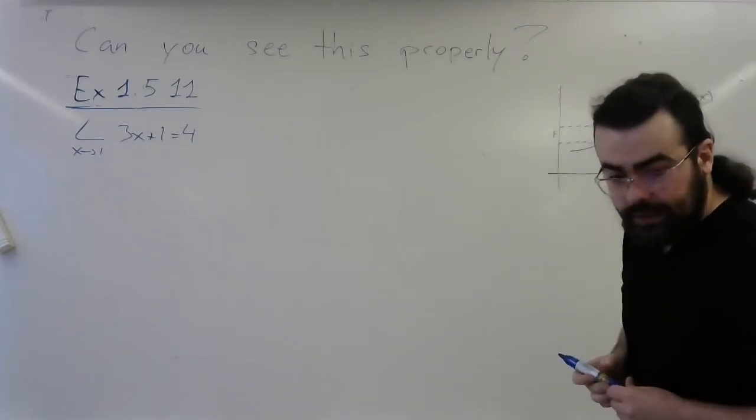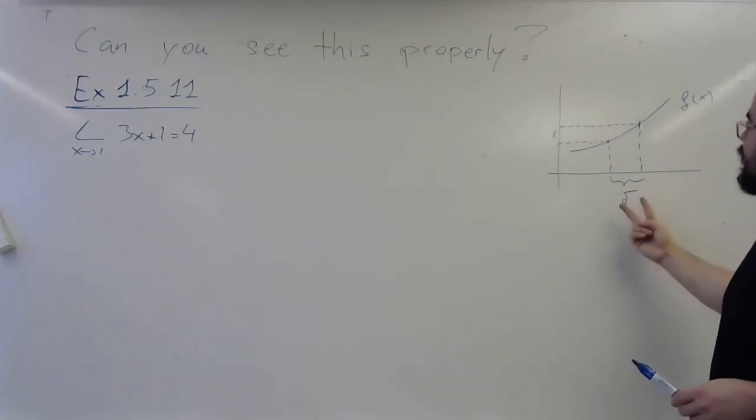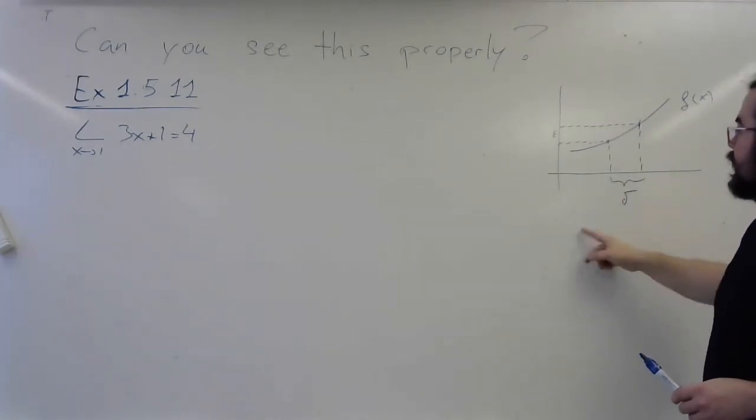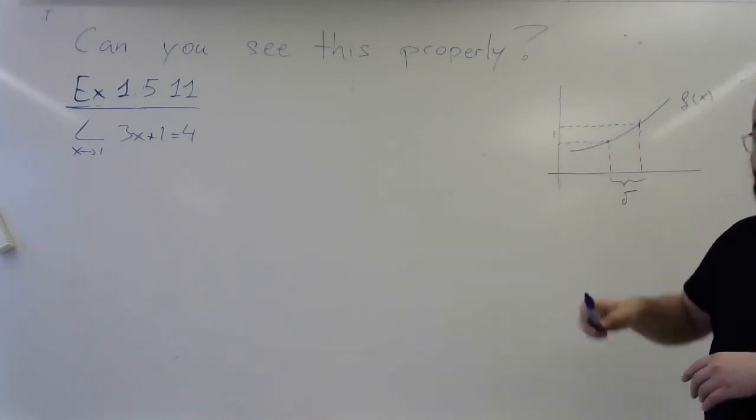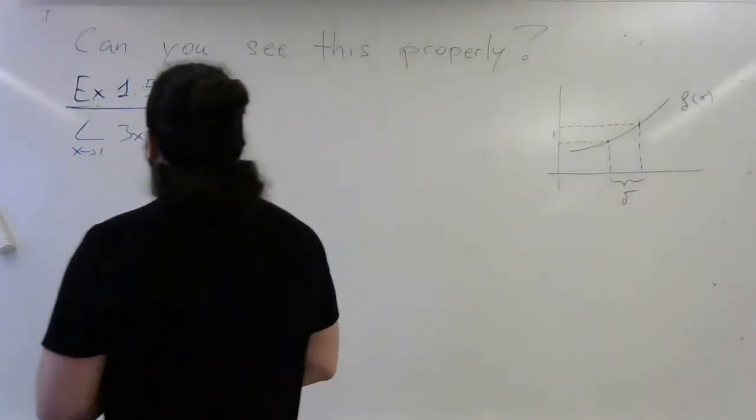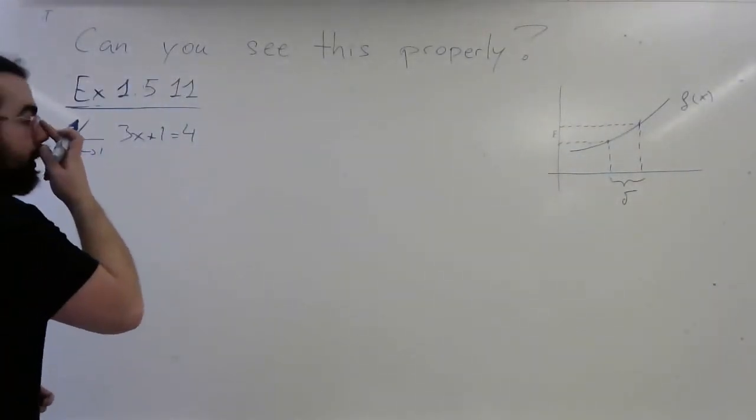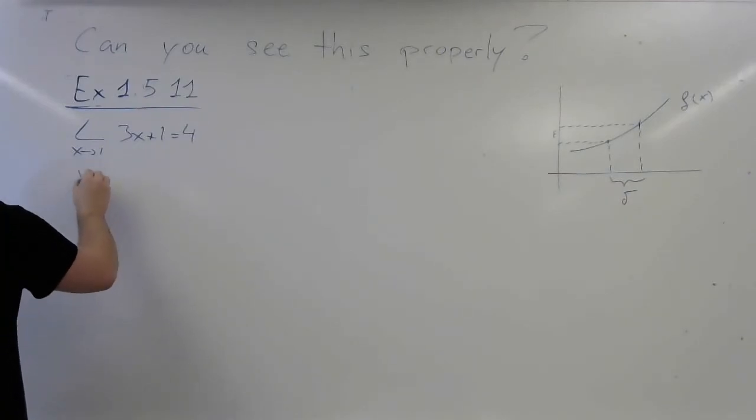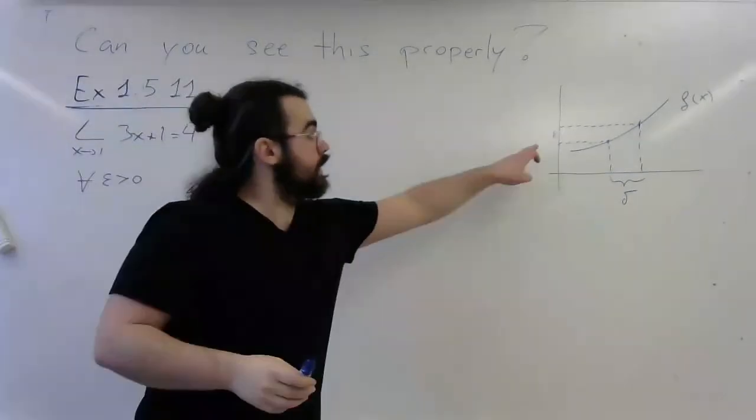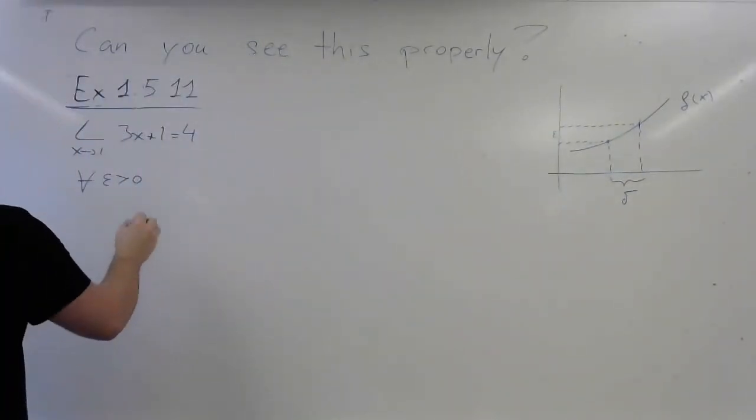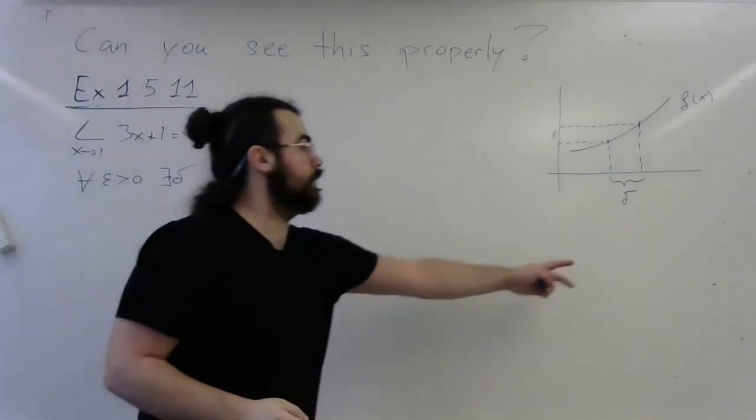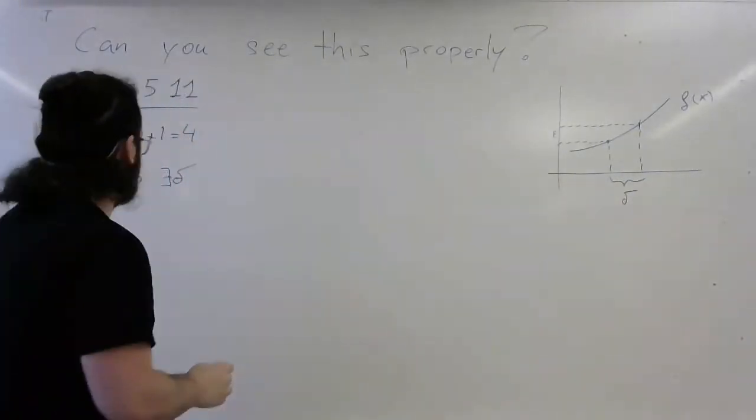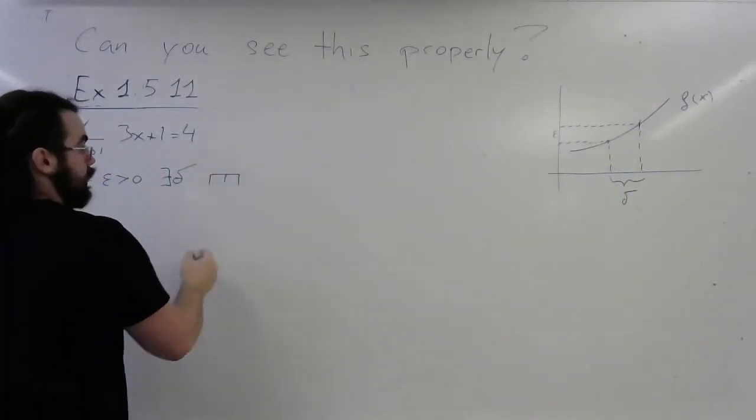Right? It says that if we pick 2 points that are closer than delta, then the difference of the images is also closer than epsilon for every epsilon. So the way we're going to phrase it here is that for all epsilon greater than 0, which is this distance, there is a delta, a horizontal distance, such that